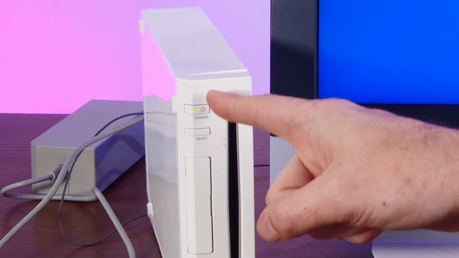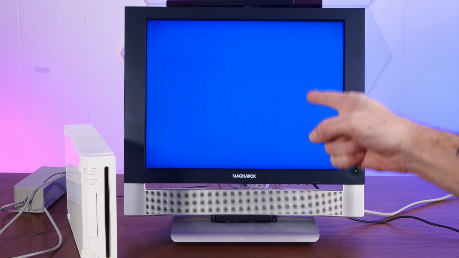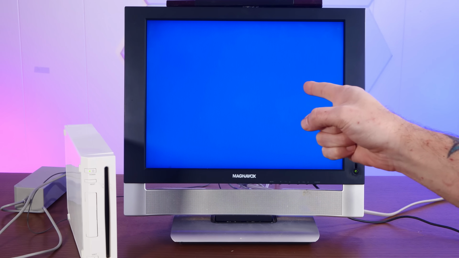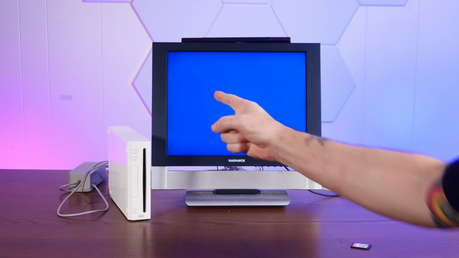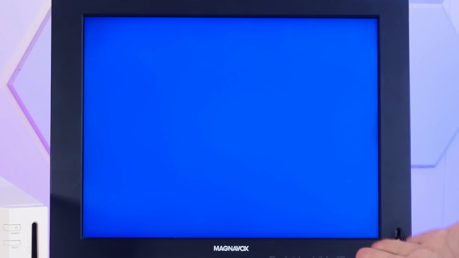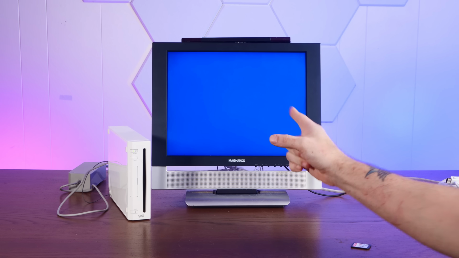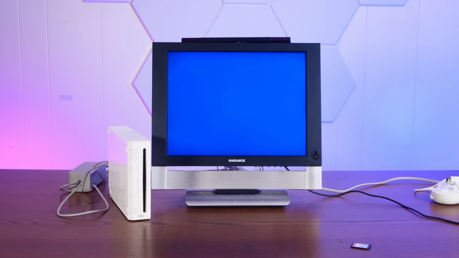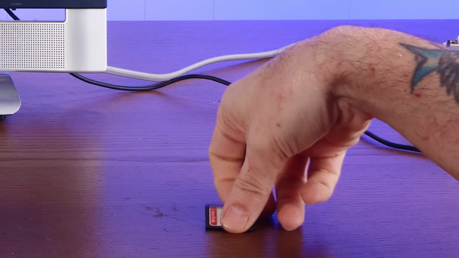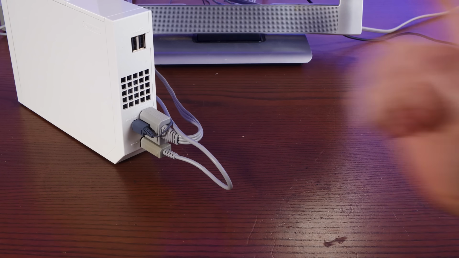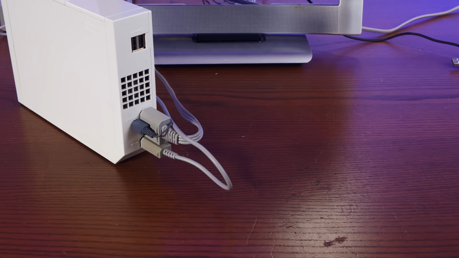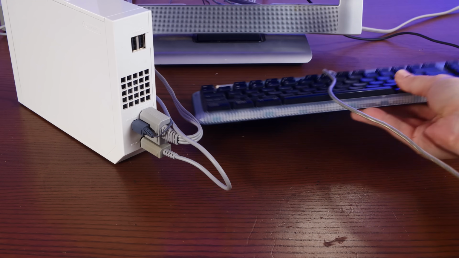Blue screen. That's promising. Power button still illuminated, so I'm just gonna let this go for a while, and hopefully it boots something. Well, apparently something has gone horribly wrong because it's been at this blue screen now for like an hour. Pretty sure it's not gonna boot into Mac OS or the bootloader. But I have a solution, and since there's no way this can possibly go wrong at this point, he says assuredly,